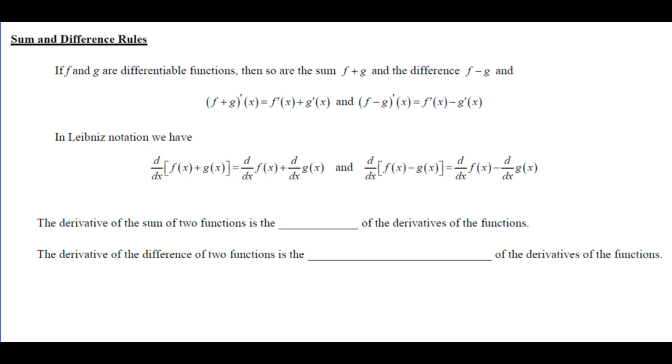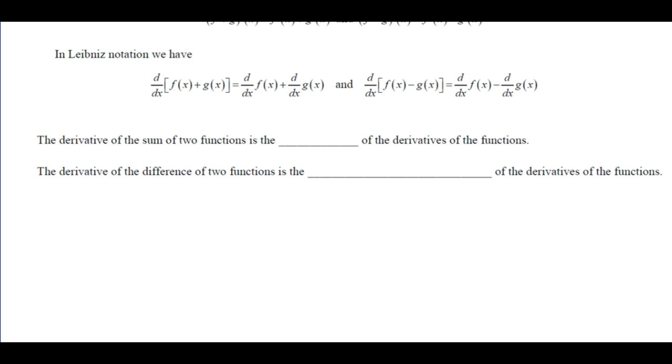And f minus g prime of x is simply the difference of the derivatives. In Leibniz, you gotta figure that out. Look that up. d by dx of f of x plus g of x is equal to d by dx of f of x, right? Derivative of f plus d by dx of g of x. So the derivative of the sum of two functions is the sum of the derivatives, and the derivative of the difference of two functions is the